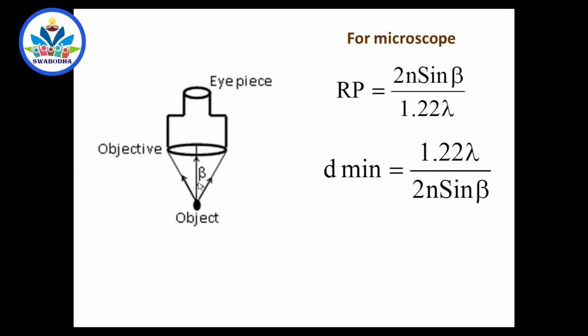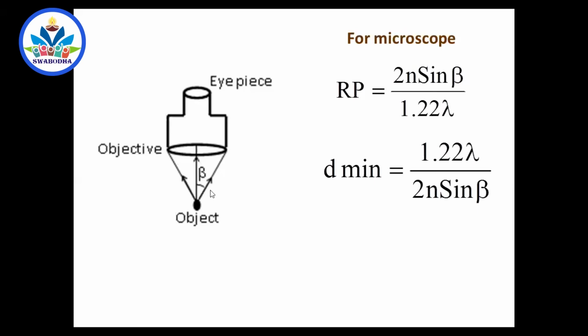Usually when you use a microscope in a biology laboratory, it will be air between the object and the objective lens. Okay, n be the refractive index of the medium between the object and the objective. Let the rays enter into the lens and let us see the image, and the image is enlarged. A microscope should have a resolving power as well as a magnifying power. What do you mean by magnifying power? The ratio of the height of the image to the height of the object. Definitely it will have a magnifying power, because a microscope is arranged in the same way.